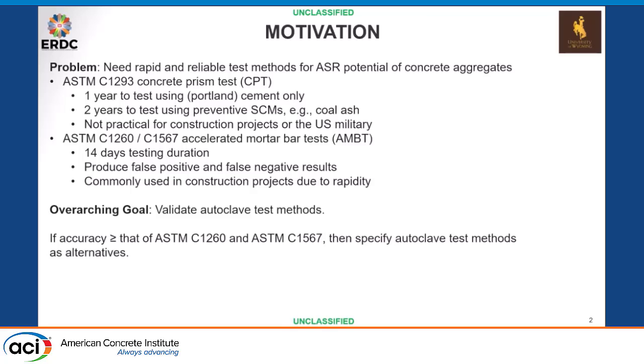You guys are probably familiar with these, but the 1293 concrete prism test, I'm just going to go over them because I'm going to compare to these a lot, is a one-year test for Portland cement. I know they're pushing the type 1L in there as well. For SCMs, fly ash, coal ash, silica fume, it's a 2-year test. So this is not a practical test for any construction project, especially so